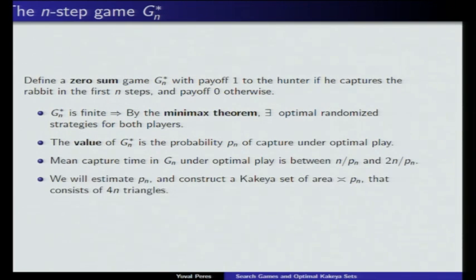OK, so let's call the value of this finite game p or pn. This is the value of the finite game, which is, as I said, just the probability of capture under optimal play in this finite game, Gn star. Now, if we go back to the original game Gn, which was still on the n cycle, but the goal there was to look at the capture time, then we're going to ignore constants. So the capture time there is about n over p, so of order n over p. And it's easy to see that